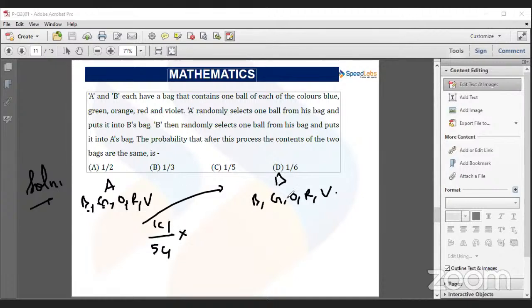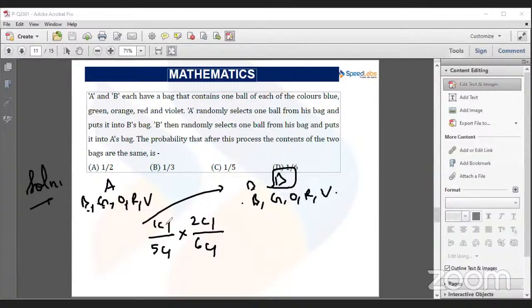So now B has two blue balls and one of each green, orange, red, and violet. Now, if the content of both the bags has to be same, then B has to transfer back the blue ball. Not necessarily the same one, but one of the blue balls. So it will be 2C1 upon, now it has 6 balls basically, ठीक है ना, 6 बॉल आ गए यहाँ पे, उसमें से एक ब्लू उसको ट्रांसफर करना ताकि कंटेंट सेम बना रहे। 2C1 बाई 6C1,